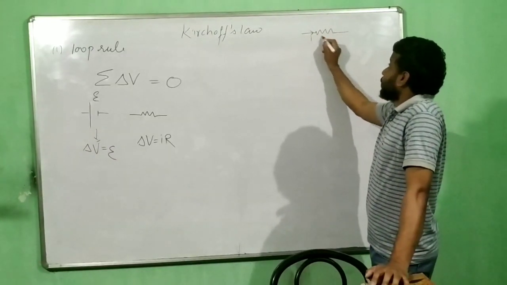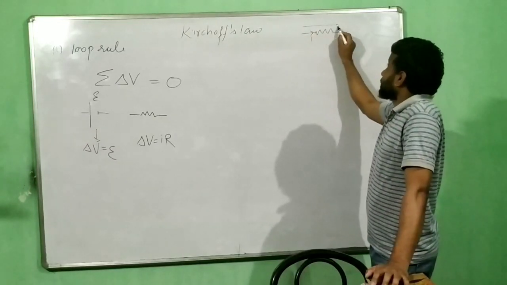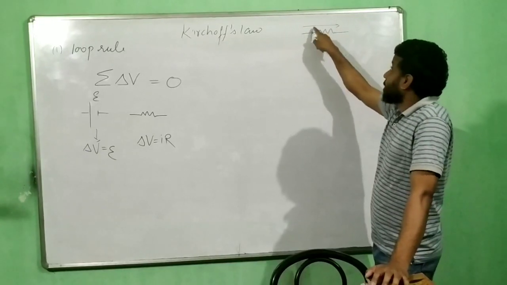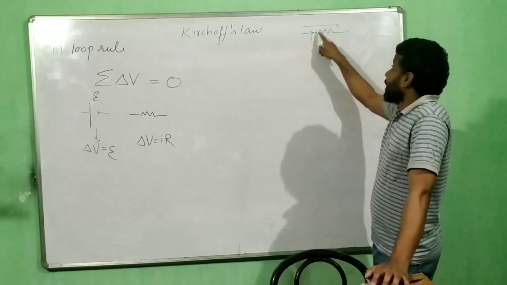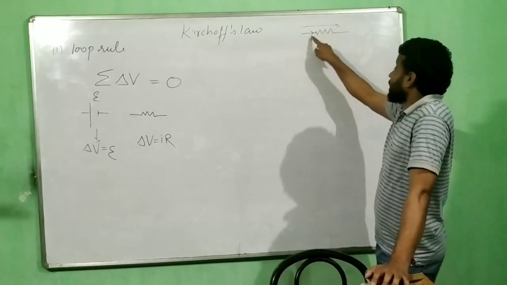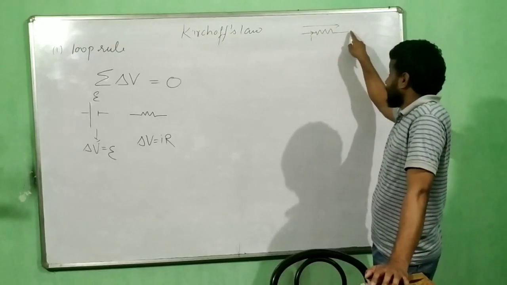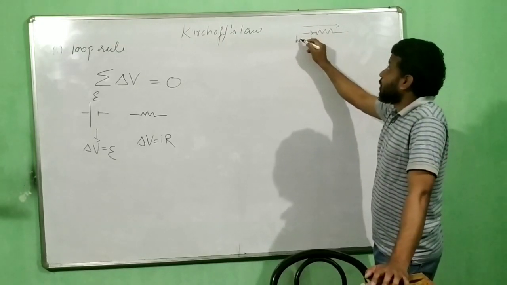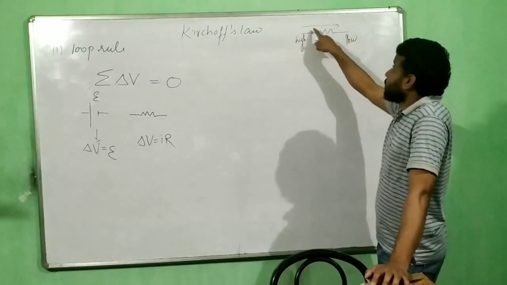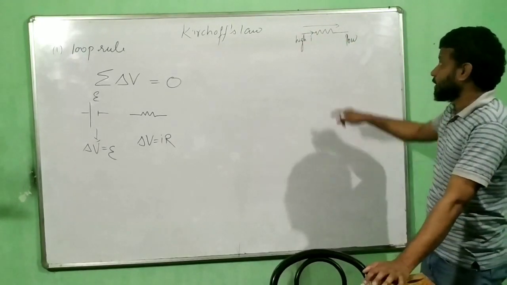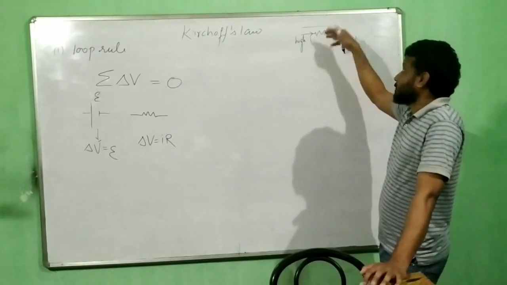a current is flowing through a resistance and you are going in this direction, you will understand what I mean here. I'm going in this direction. This you will understand very soon. Suppose you are going from here to here, that means you are following the direction of current. When you move in the direction of current, current always flows from high potential to low potential, correct? So when you move, you don't have to do any work. Who is doing the work? The current itself is doing the work, or the battery itself is doing the work over here.